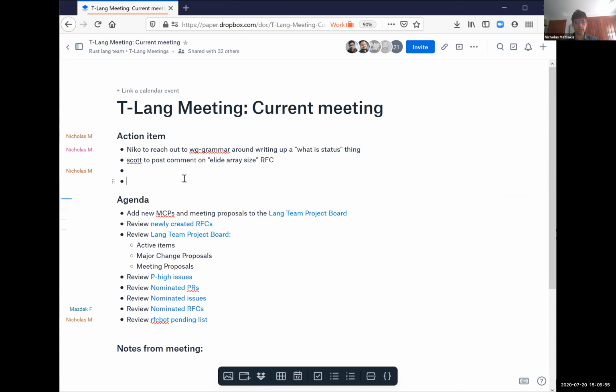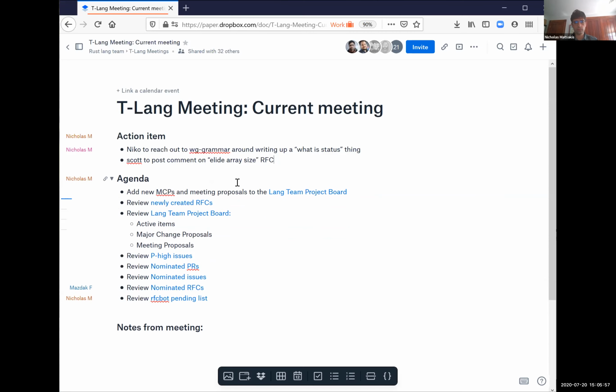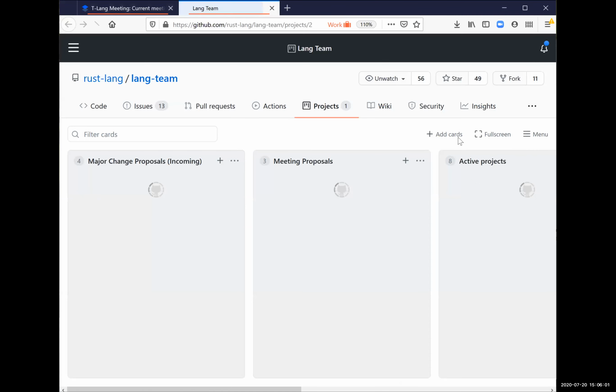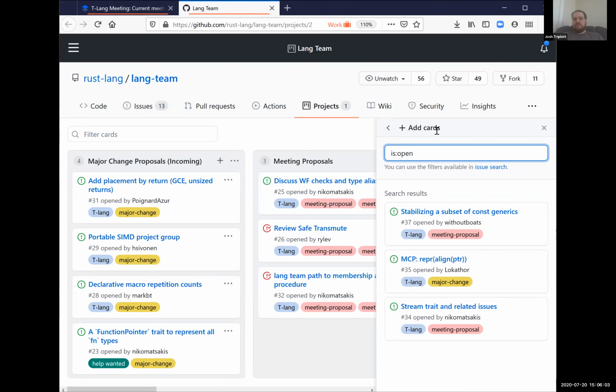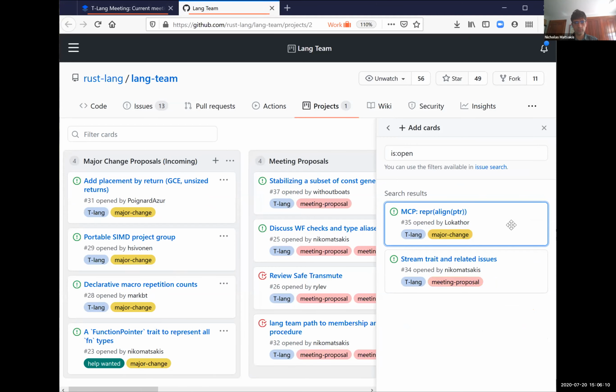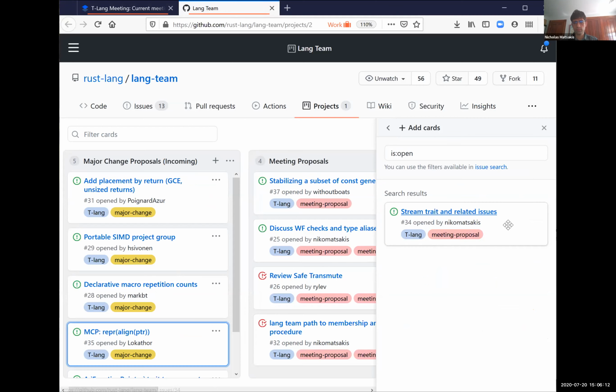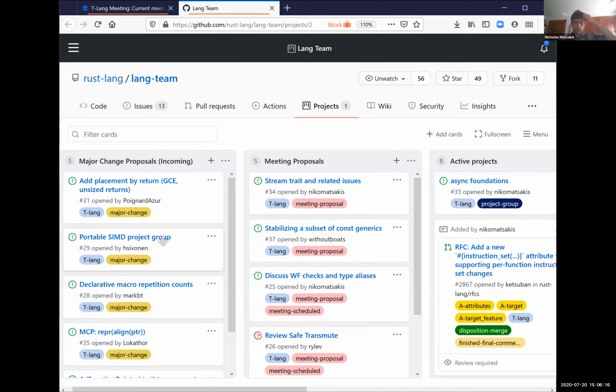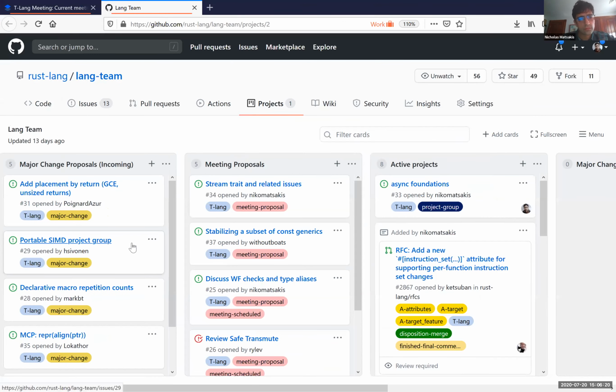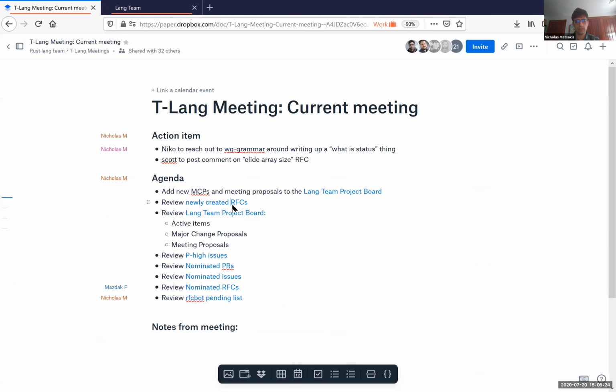Did you ever post a comment on the Allied array size RFC? I probably have. All right, we got some stuff here to bring in. So we'll all see this, right? So let's see. Reviewing any